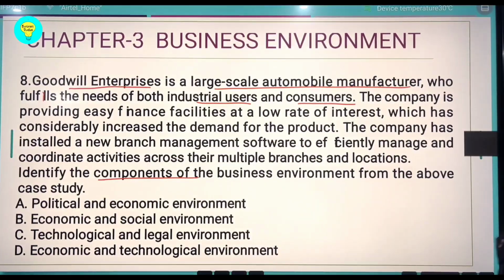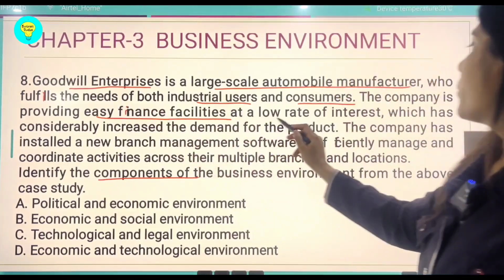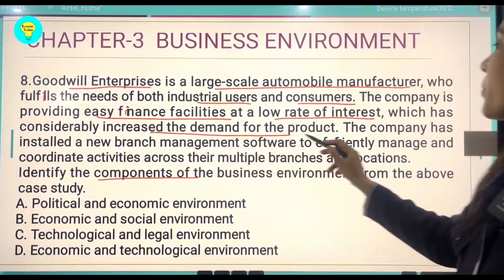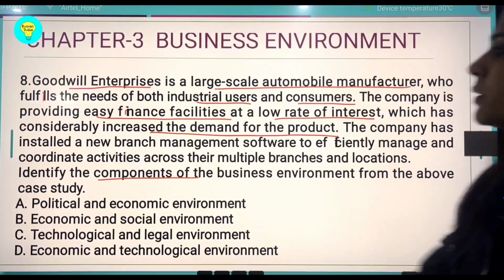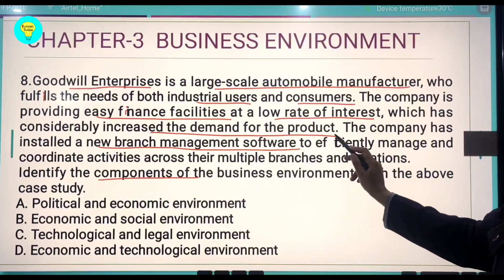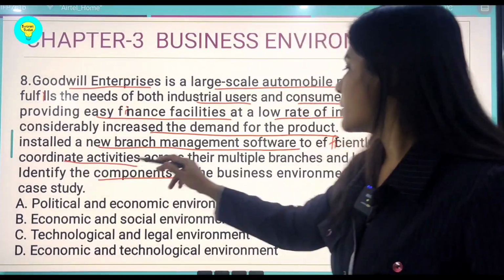The company is providing easy finance facilities at a low rate of interest, which has considerably increased the demand for the product. The company has installed a new branch management software to efficiently manage and coordinate the activities across their